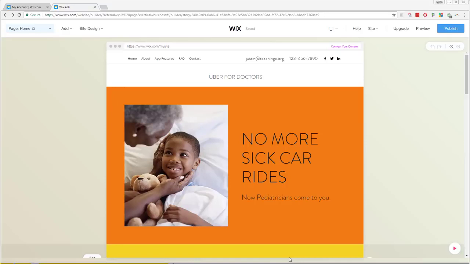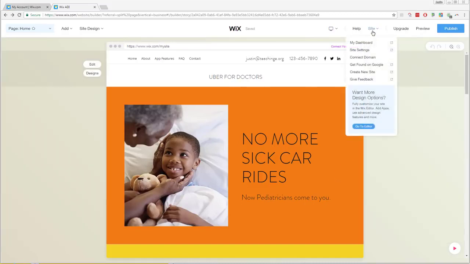On the currency team, it's your job to determine if there's enough demand from customers to actually create your service. So you need to decide how you're going to actually test that demand. So the first thing you're going to do, if your site isn't already in editor mode, is to go up to the site and go to editor. This is going to give you the ability to add individual components to actually test whether or not there's demand